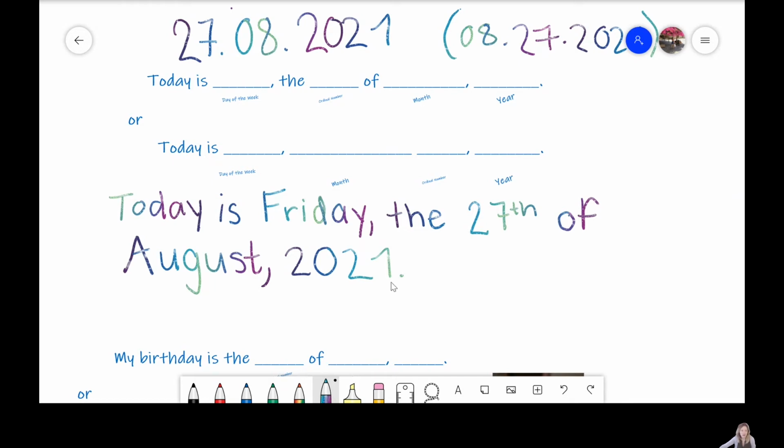hear, and you can also practice this way. You can talk to your teacher and figure out if you want to practice both ways in the classroom or decide on one for your lessons, but it's important to hear both ways. So you can also say or write instead, today is